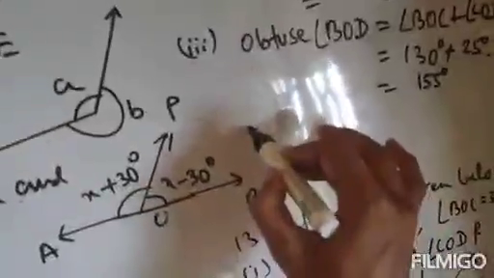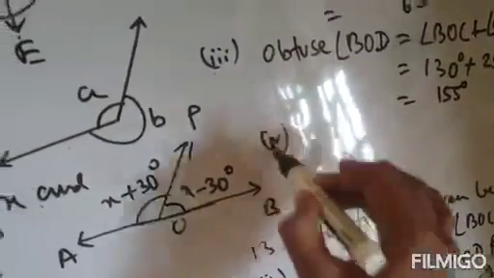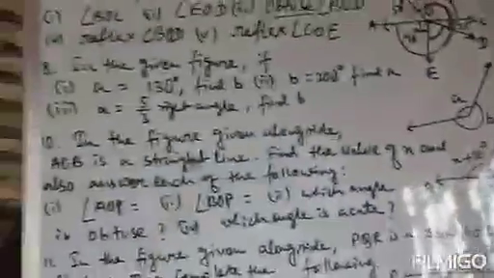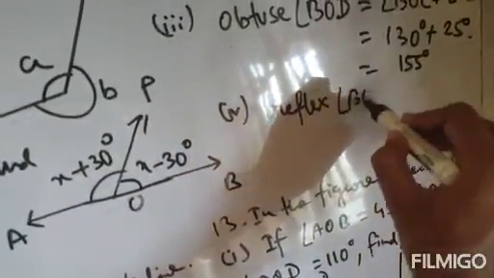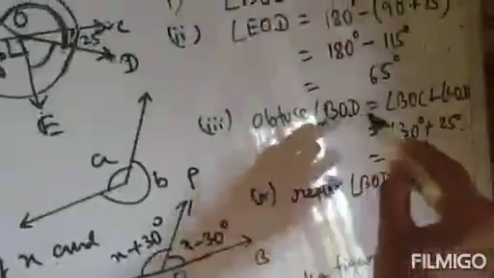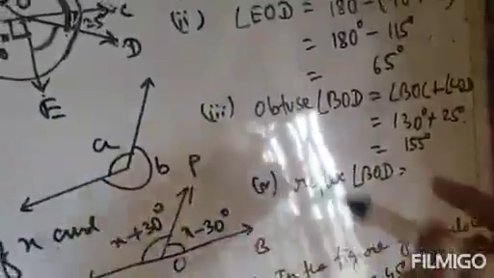Clear? Next, question number 4. So I am just erasing this part. One more sum will be done, and then I will erase. After question 4, I will erase the upper portion. So reflex angle BOD. Now this is also angle BOD, this is also angle BOD, but the difference is this is obtuse